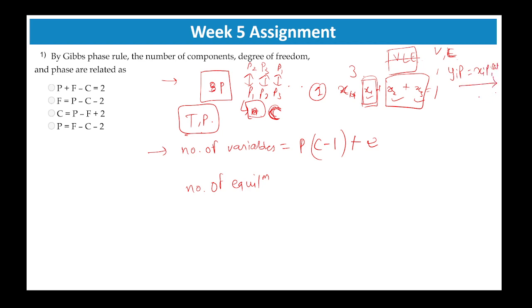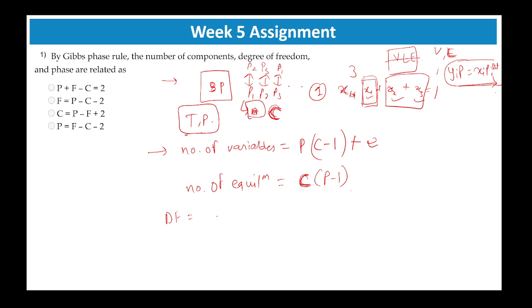So such relationships or equations help you find out more and more variables. How many equilibrium conditions you will have depends on the condition and phase. So what degrees of freedom you have, or what you can choose independently,